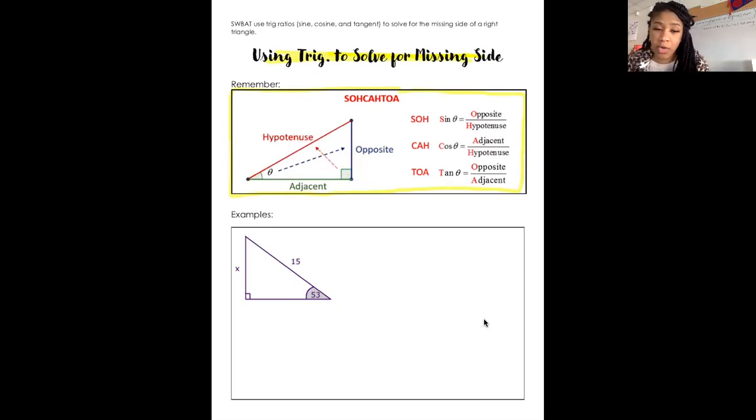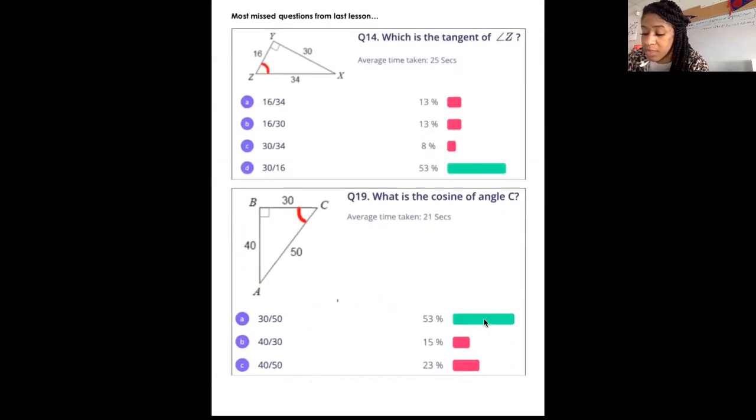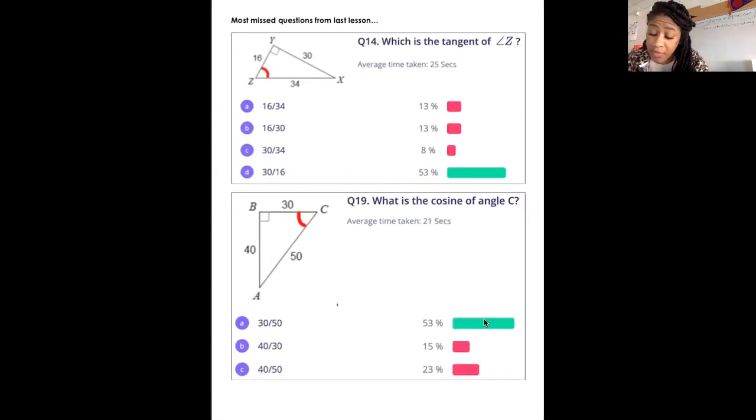Before we start today's lesson, let's go back and review some of the questions from the previous assignment that we did not do so well on. Question number 14 asked, what is the tangent of angle Z? And their angle Z is labeled in red, okay? So as always, the first thing we have to do when we're doing these questions is label our sides, okay? We know that 34 is the hypotenuse because it's across from the right angle. It's also the longest side. We know that 30 is going to be the opposite because it's across from Z,